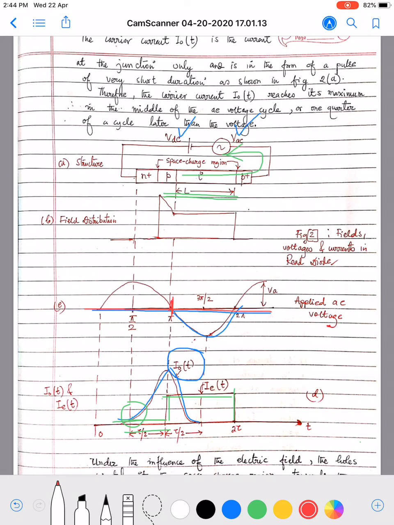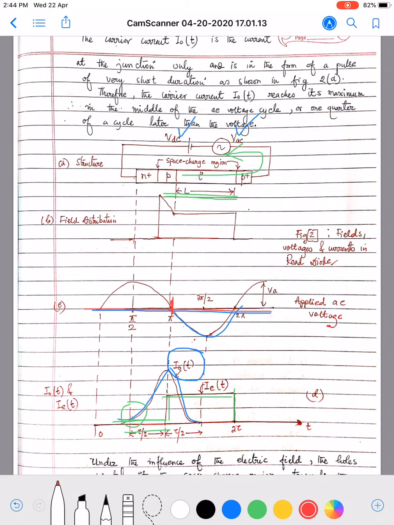So we can see over here that IET is delayed to the I0t by pi by 2 due to the time taken from the P to the P plus electrode, that is the L section of the intrinsic region, and I0t is again 90 degrees phase apart with respect to the AC signal. So what happens is that the external current is pi phase apart with respect to the induced AC signal. So let us try to understand the whole thing.